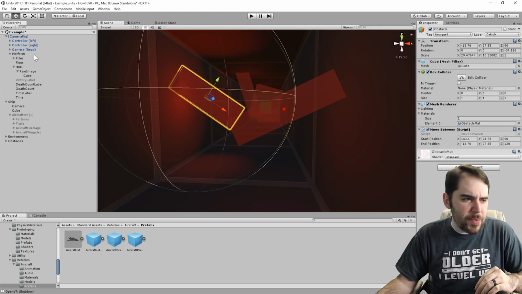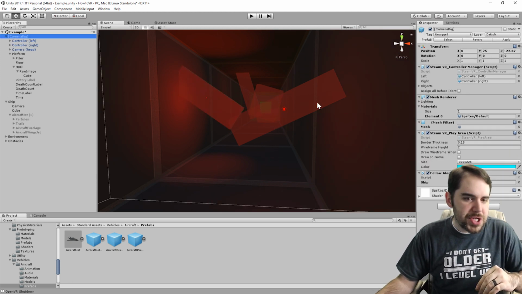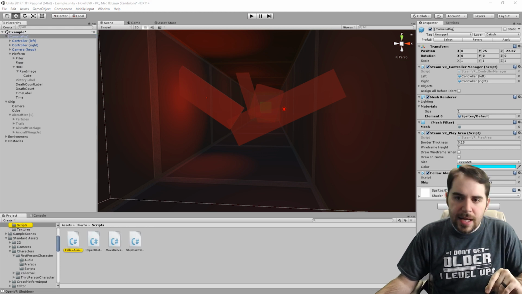All right, so let's start with probably the least complicated item first, which is the script that I have to follow the ship along. Now, remember I told you how I linked these ships together. Let me show you how I did that. If we double click an item, it will open up in